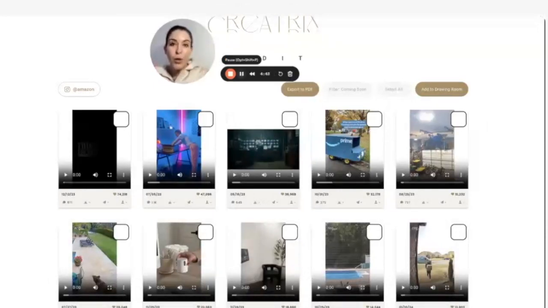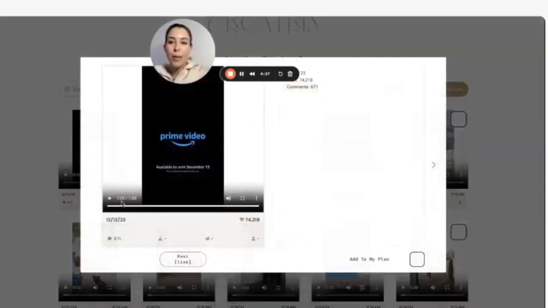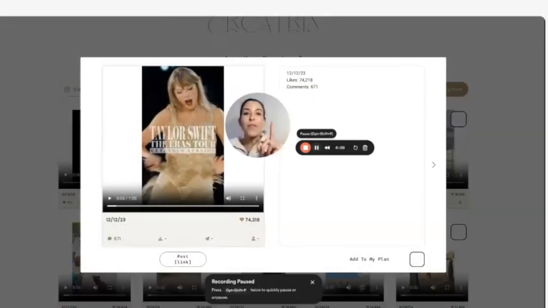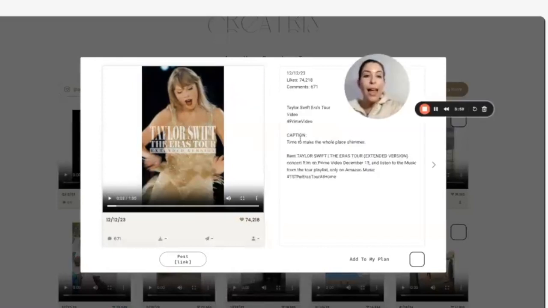This is a Creatrix Model 0, meaning that it hasn't been customized with many of the features available for purchase. To show you how to add your own insights into the mix instead of having AI create the insights for you, we start by tapping on a post. This brings up the post that you're able to play. Taylor Swift. Here you have the stats of the post, no graphs and pie charts, just super simple. And in this space, you can add your notes and pull in the caption.